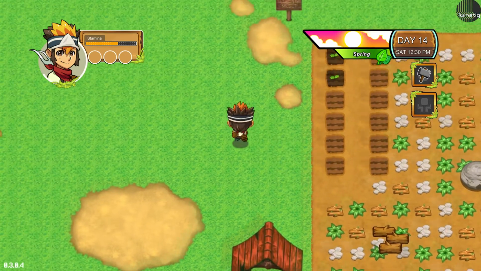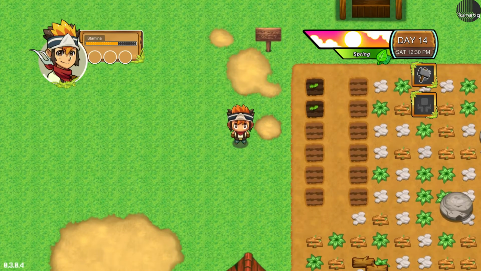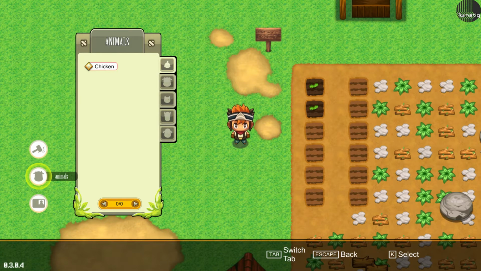Something I did notice, though, is that the UI looks out of place. It looks like it should be in the corners, right? But it's not. It's kind of squished in, and that might be because they took it from the tablet game or what have you. When you're in your inventory, you can go through these different inventory sections. You've got your tools, your produce, and your miscellaneous, I guess. And then you can also hit a button to go to different menus. So you've got your